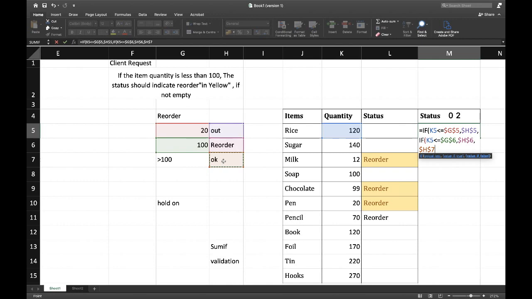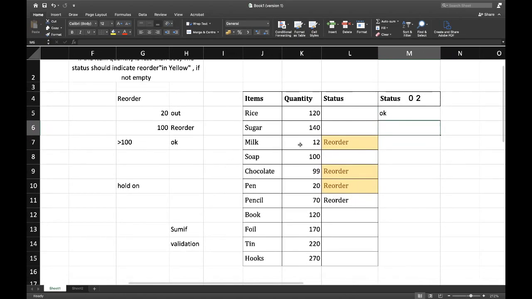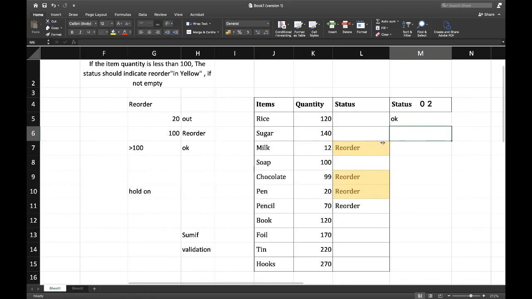Now that you're all set, we just close our parentheses. You see the first bracket is red, so it means you still have to add one more bracket. So you close your parentheses twice and then hit the return key on your keyboard, and you should be fine. All right, feel free to pause the video and take your time and watch it. Once we have done that, we can now drag the formula or just double click